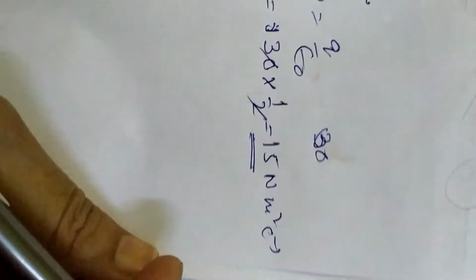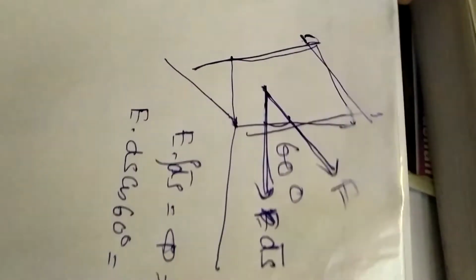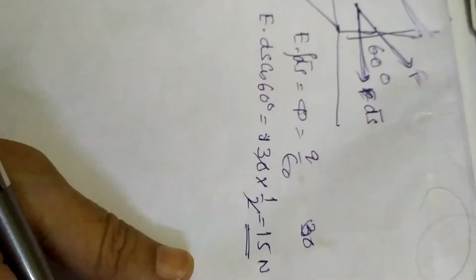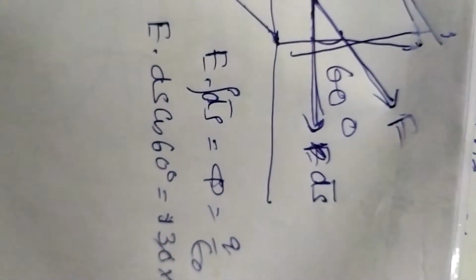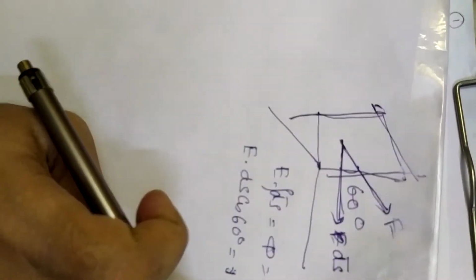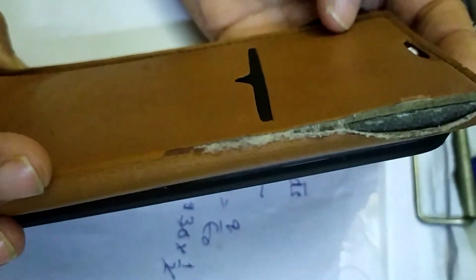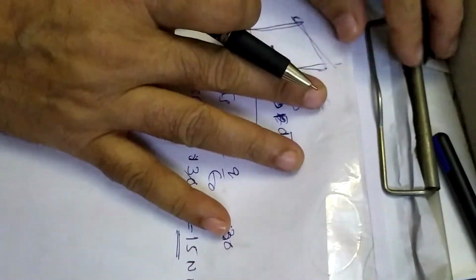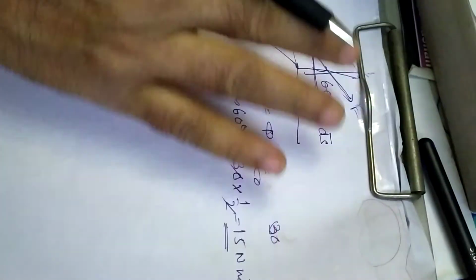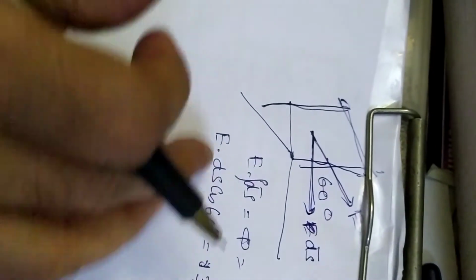Suppose you are taking a sheet like this and changing the sheet's direction. If we hold the sheet straight to the light, it will be brighter. But if you turn it like this, it will receive less light. So we are proving the same thing in the case of electric fields. Clear? From the formulas you can understand the numericals behind this. You should understand the meaning of the values, so that you will be able to do the numericals very well.